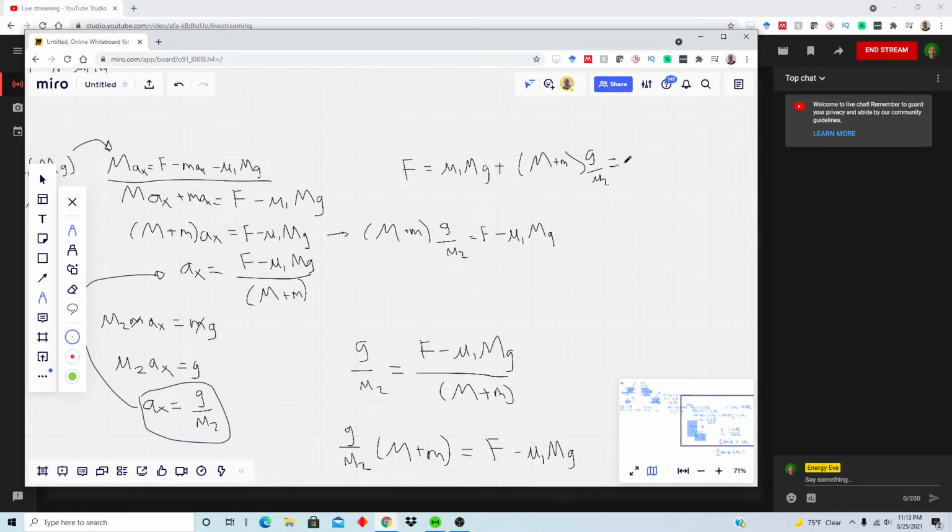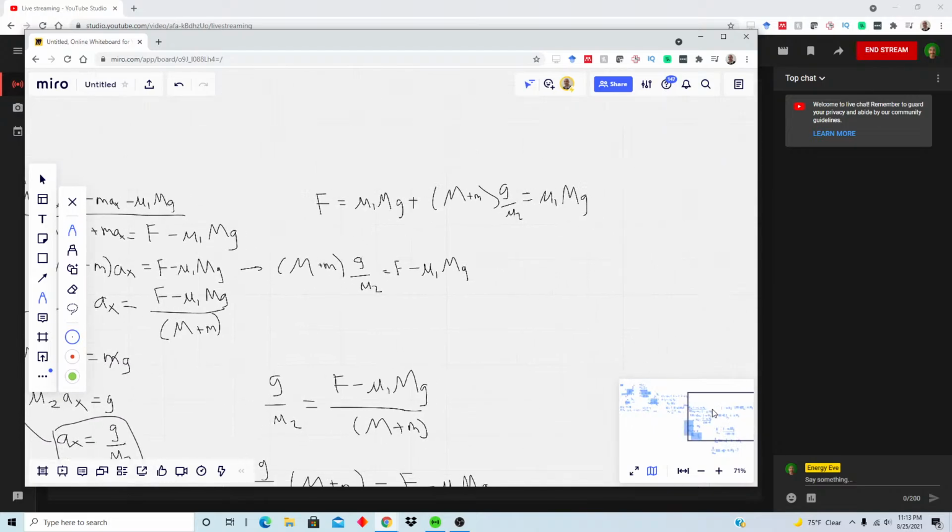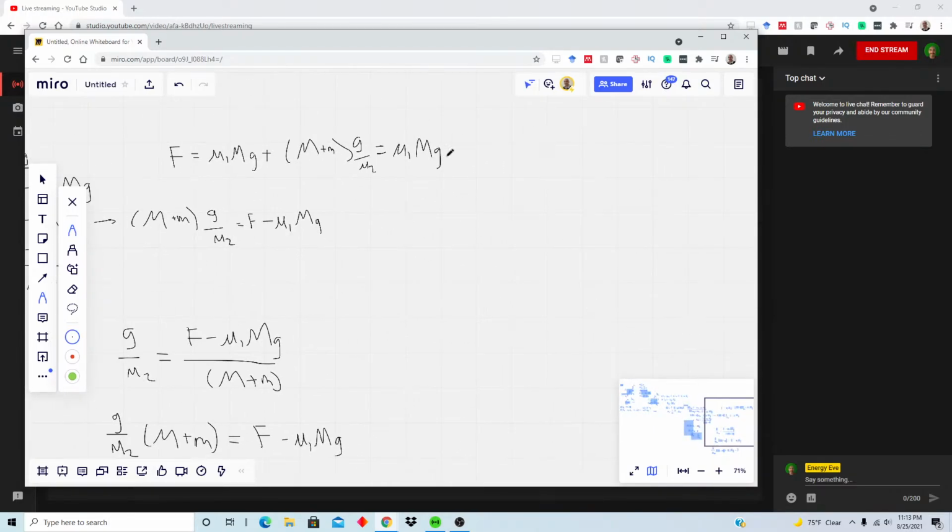We could take out a g from the whole thing. Let's just factor out first. We don't want to skip too many steps. G, okay, mu1 mg plus big M over mu2 g, so we're distributing right here, plus little m g over mu2,